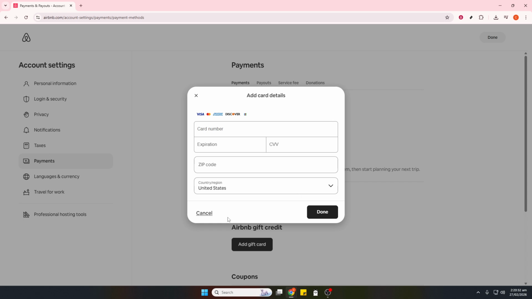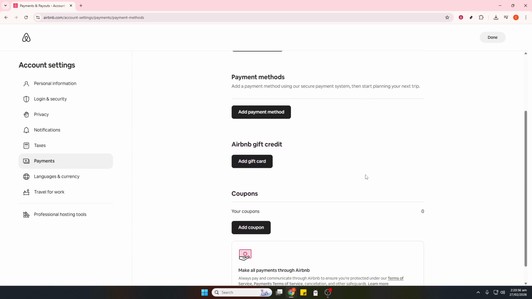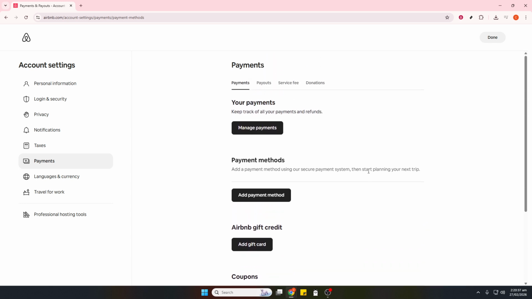You logged in, opened Account, went to Payments and Payouts, opened Payment Methods, selected the right card, and removed it with a quick confirmation. Pause and replay this section if you want to follow along in real time, and you'll have your payment method